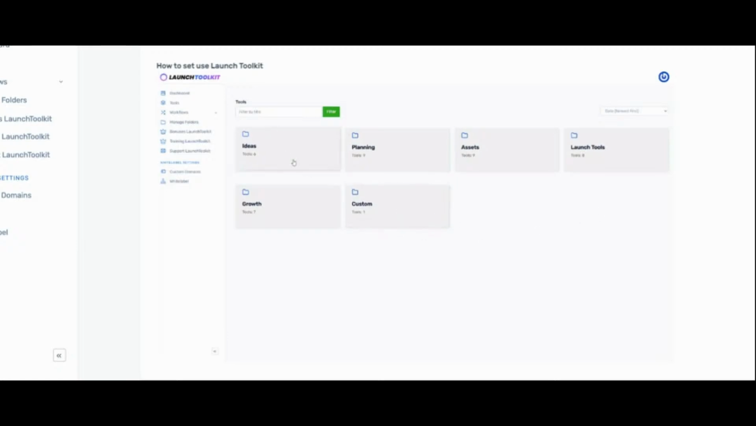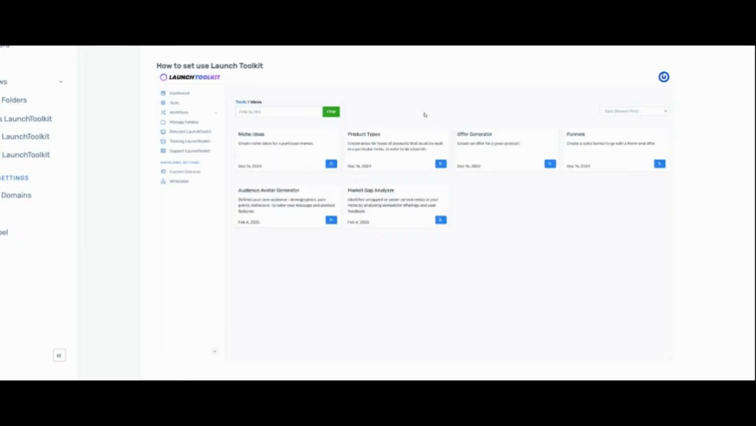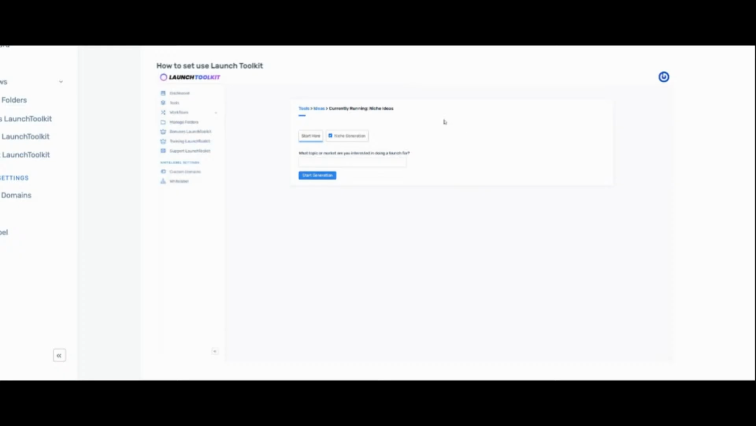So first thing is we'll go through, I'm not going to go through every single tool, I'm just going to talk about these, but I'll do some actual generations now from the ideas phase. So let's say you want to start out now and you're thinking, right, I want to do a launch, where do I start, what do I want to do? So let's go for niche ideas. Right, so we click in here and it says, what topic or market are you interested in doing a launch for? So let's say